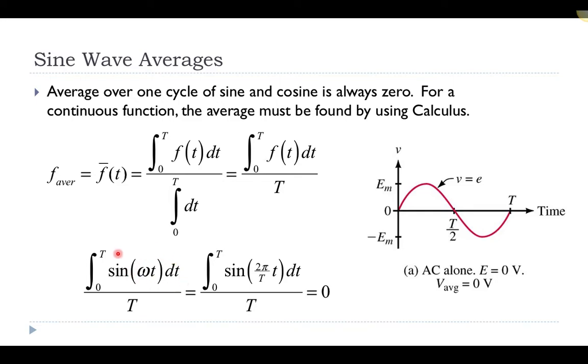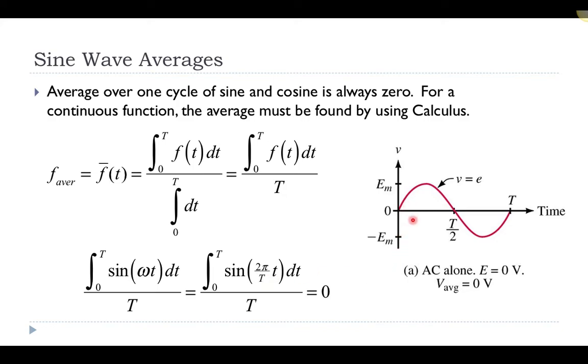So if you could imagine that our function is a sine function, we have the same amount of positive values in my sine function as we have negative values, and so they are going to cancel out. But I could explicitly write this down as the integral of sine omega t. The omega is just 2 pi over the period, and I have to integrate that over one cycle. Now I don't have this written down, but the integral of sine is a negative cosine, and when you put in the values for 0 and the value of the period, you're going to get